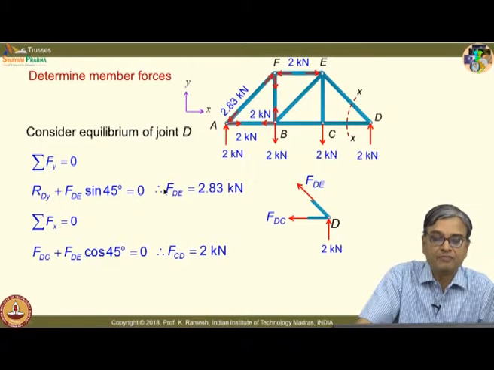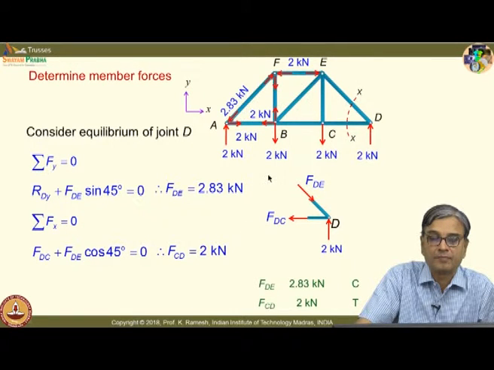So, I have reversed the direction of force. I have to reverse the direction of force, and I have changed this as FDE equal to 2.83, noting well it is towards the joint. I would also indicate on the truss these forces. I have this as 2 kilonewton away from the joint, this is towards the joint.